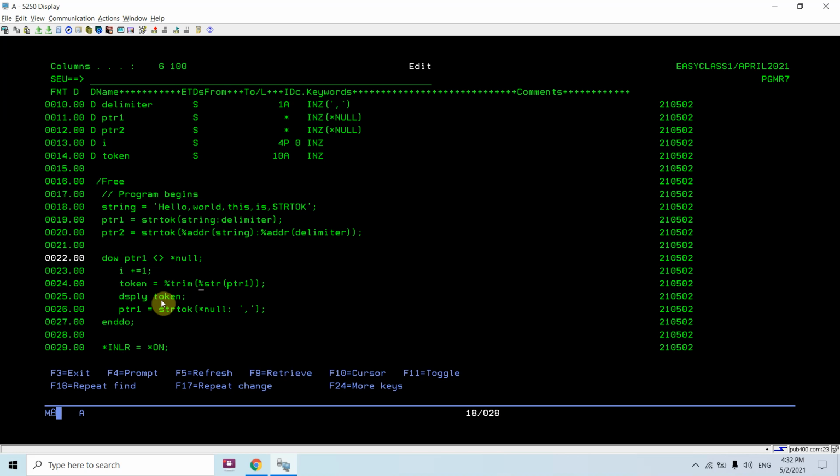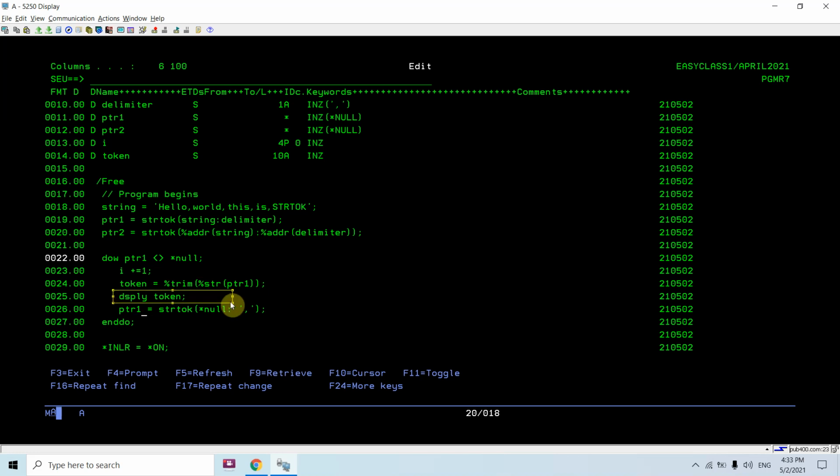Now I am receiving the token from that pointer. If it's not null, I receive the token from the pointer by converting it to a string. To receive the data from the pointer as a string, we use the %STR function, and then I trim it and receive it in token.